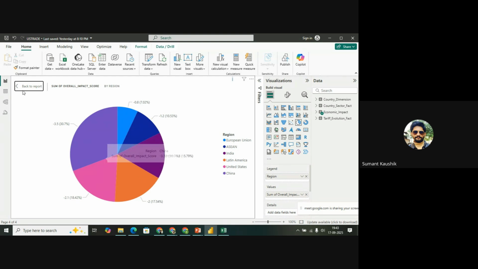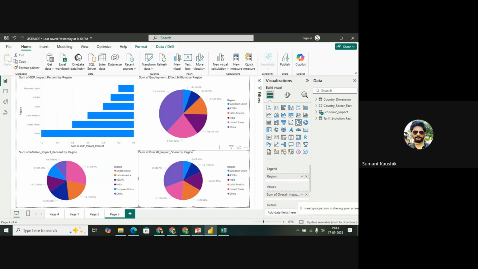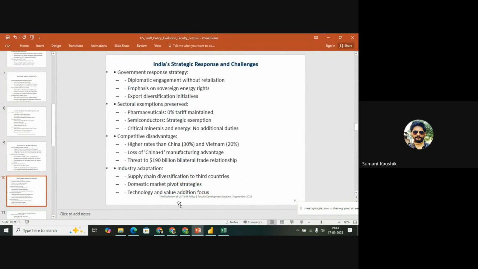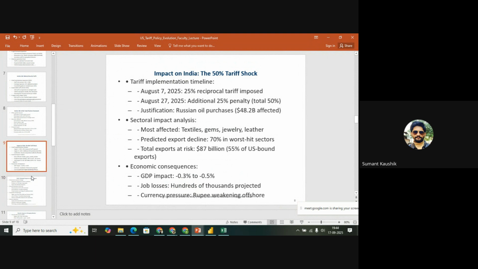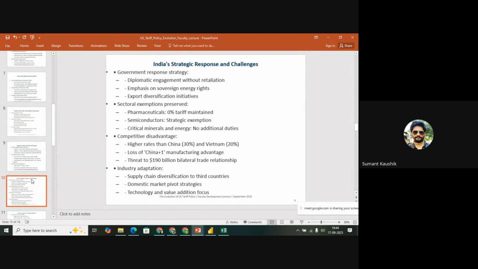Now, how India could retaliate, how India could resist these types of effects, and how to respond to these challenges, that's again a part of strategy. Because of this tariff shock, it is expected that GDP will be impacted, there will be job loss, and the currency will also weaken. So there are some response strategies. Number one comes from the government, how the government responds to this. Probably number one will be diplomatic engagement without retaliation. That is, try to fix some trade agreements with the United States of America